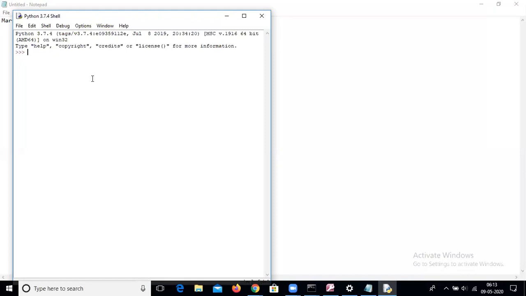Means first marshalling is carried out at the client side, then demarshalling is carried out at the server side. After receiving the request, the server responds to the client, then marshalling is carried out at the server side, and when the client receives the response from the server then the byte stream is converted into the object, that is demarshalling. Means first marshalling at the client side, demarshalling at the server side, then again marshalling at the server side and demarshalling at the client side. This is the concept of marshalling.